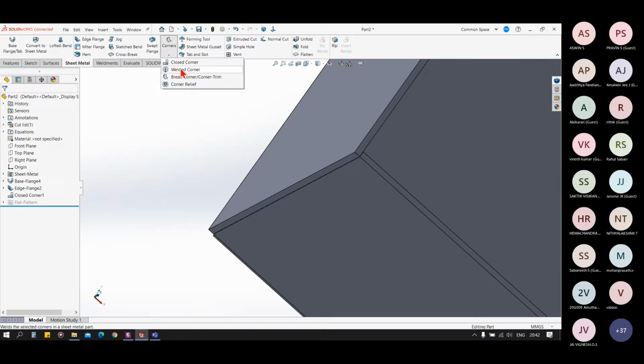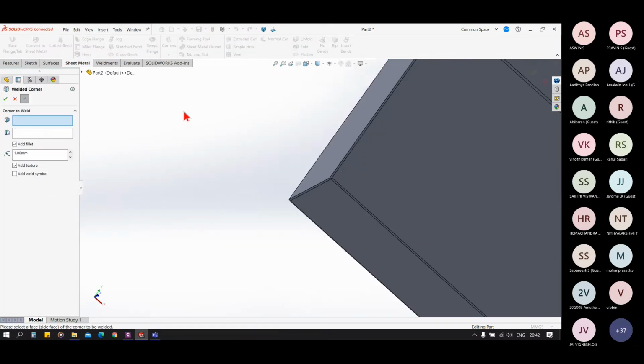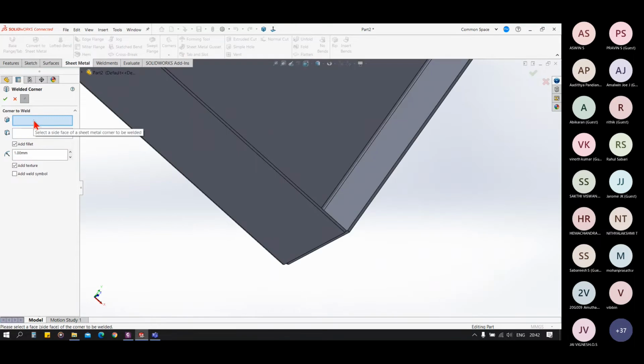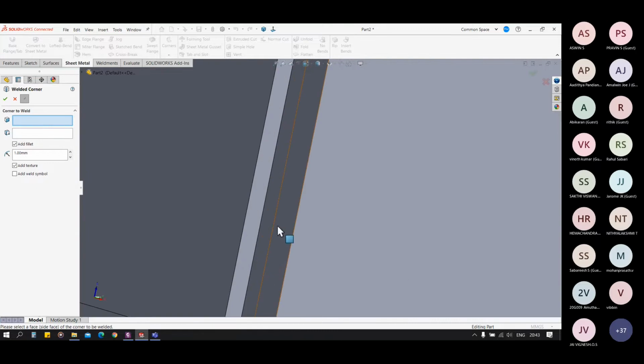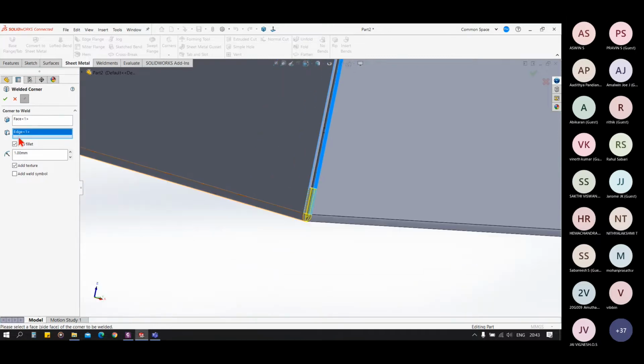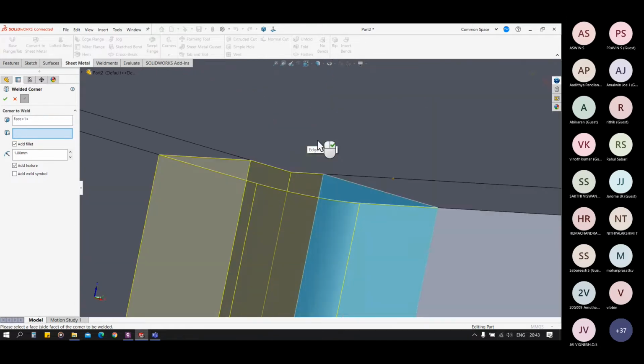Okay, so now see the welded corner. Now we have corner to weld and the edge. For corner to weld, we have to select the face, and in this case we have to select the edge, not this, sorry. We have to select the top edge.